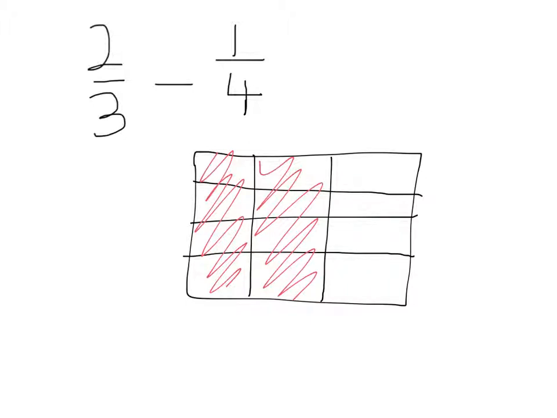So here now we've got 1/4, meaning that it has to be one of these rows this way, because we made our quarters this way. So I have to get rid of 1, 2, 3 of these parts here. So if I take away those 3, I've got 1, 2, 3, 4, 5. I've got 5. So if I get rid of this one, I've got 5